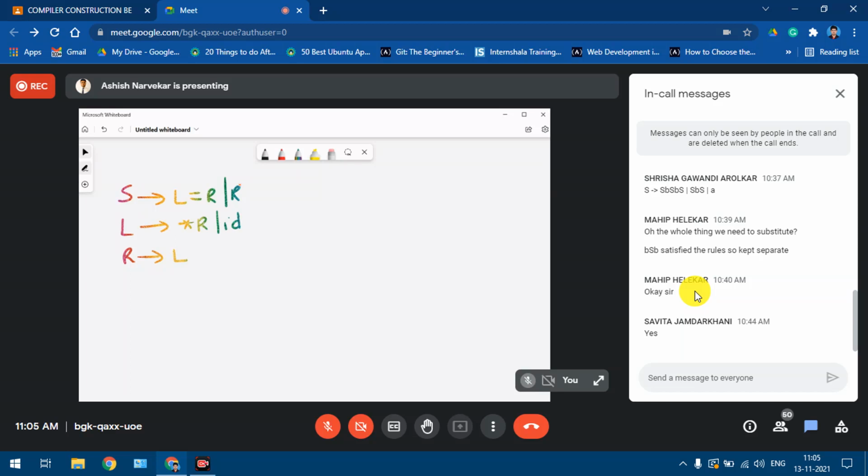Now, if the grammar that is given to us is directly in the form of an operator grammar, then of course we need not bother about all these things, and we can directly work on it. So now what you all have to do is tell me whether this is an operator grammar or not. Check whether this is an operator grammar.